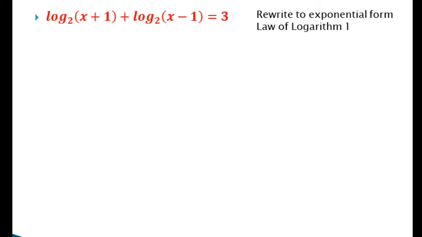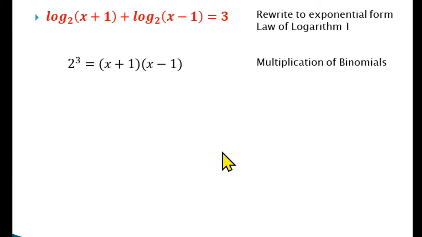Rewriting and applying the first law of logarithm, we get 2 cubed equals the quantity x plus 1 times the quantity x minus 1. Remember that because we apply the first law of logarithm, your addition now becomes multiplication. And applying multiplication of binomials, you have x plus 1 times x minus 1, by using the FOIL method,